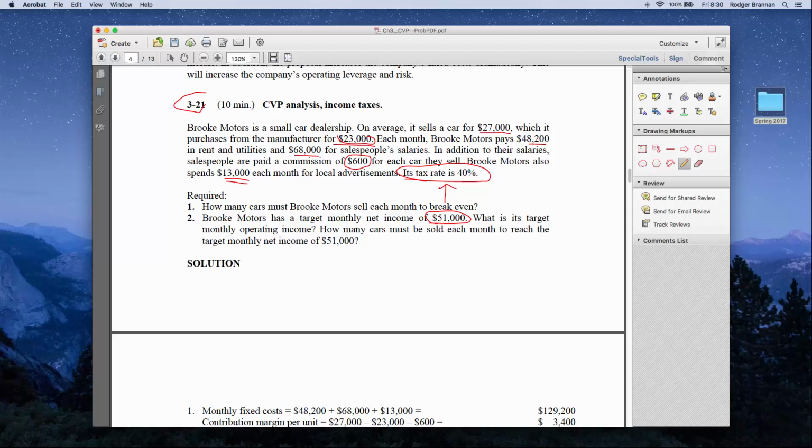And oftentimes that's the big issue, and we have to achieve that. Now, remember, we're starting from net income, and we're going to work our way back up the income statement to operating income, because that's the last thing over which we have control. Excuse my bad writing here, but writing with a mouse is not that easy. I need to subtract out my tax. So if this is my net income, I'm going to have to subtract out the tax. This is what I'm trying to achieve because, going back to the basic formula, fixed cost plus operating income gives me the units of sales that I must achieve